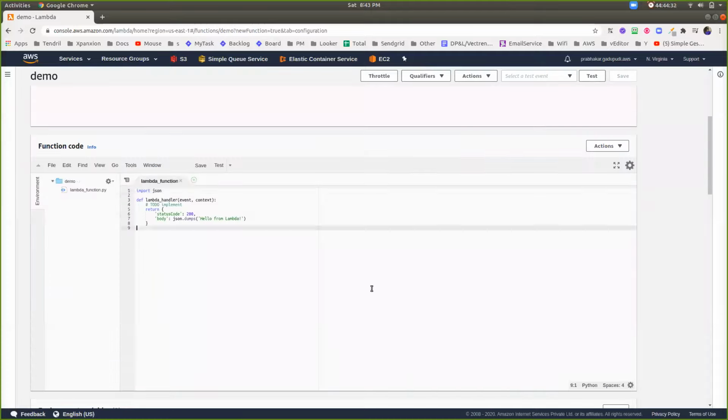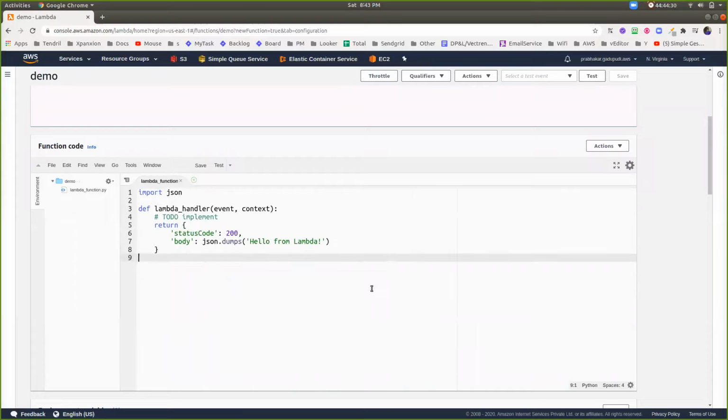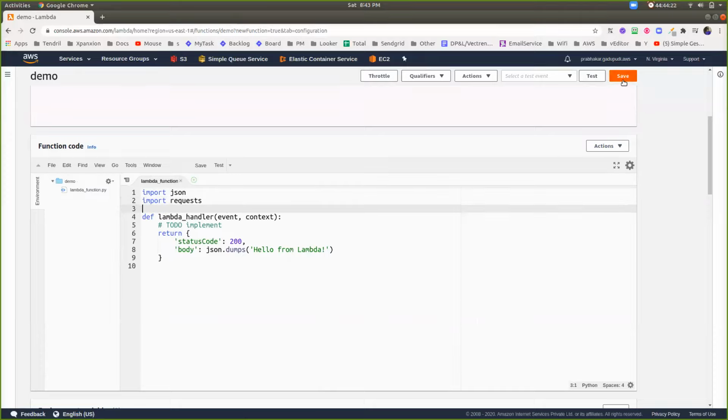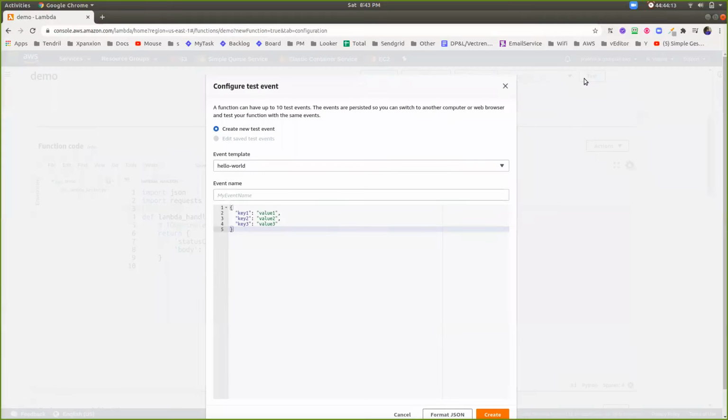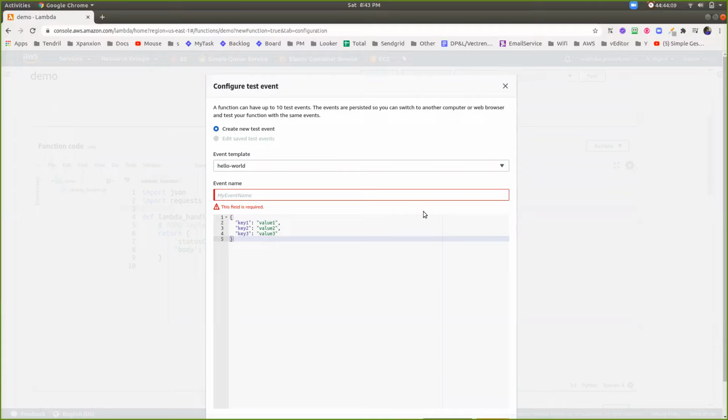I have default code here, and if I add an additional library with import requests, save the Lambda function and try to execute it, by default there is no library called requests inside the Lambda function.